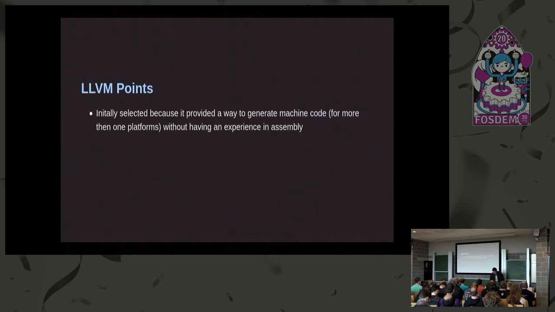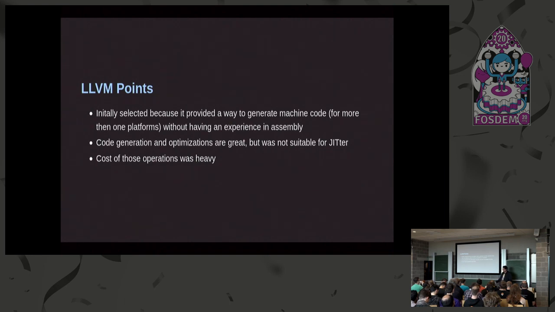Some LLVM points about this. They initially selected LLVM because they didn't want to generate assembly code for every machine target. LLVM was easy. The optimizations and code generation were great, but in 2009, it wasn't directly suitable for JITing, and the cost of compiling was so heavy. Without collecting runtime data, it is hard to optimize. They were collecting it after learning this, so they spent some time doing this without collecting runtime data. The next project is PyLLVM,